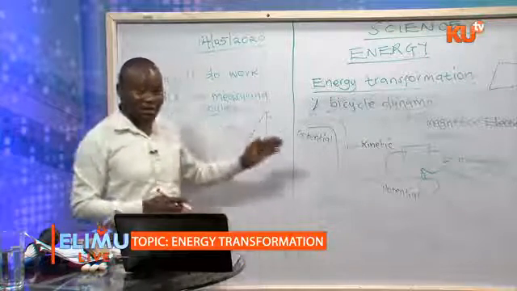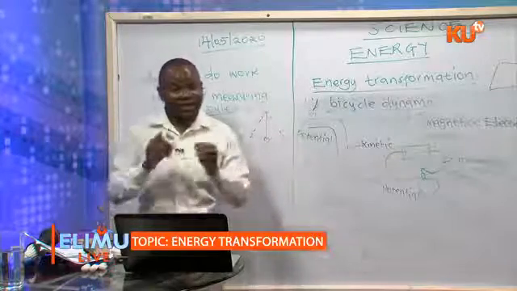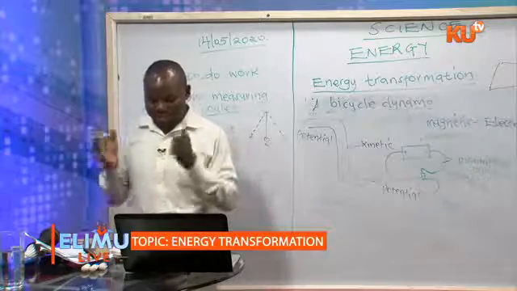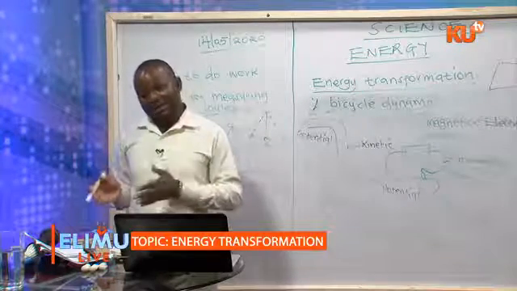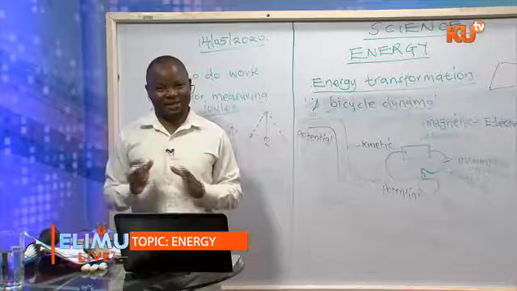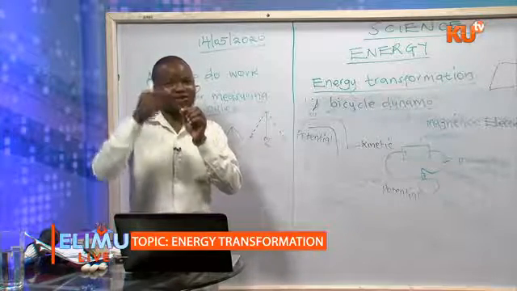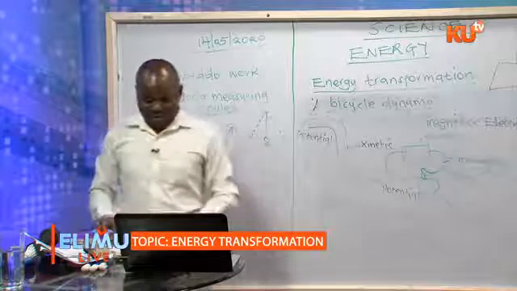We'll start with the chemical, then a radio that uses a dry cell. You'll go to electrical, you'll go to magnetic, you'll go to kinetic, then you'll go to sound. That is the best answer, unless that radio has a sensor or a light, then it will be heat and light. Then